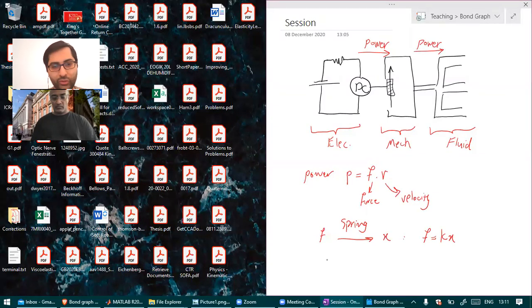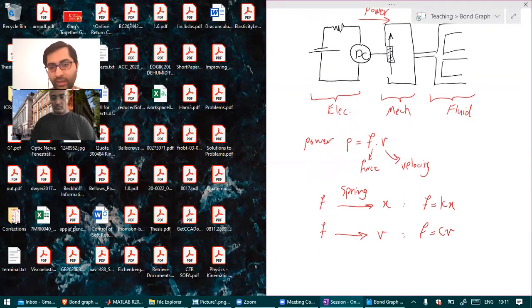What is the element there that relates force to velocity? The damper. That's a damper, yes. And the element that relates force to acceleration? The mass. It is a mass. So the second